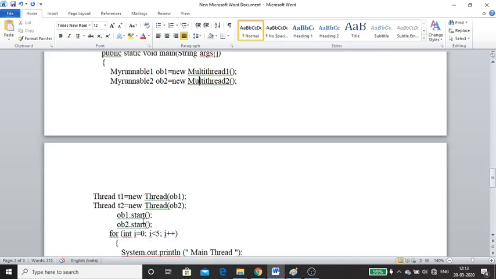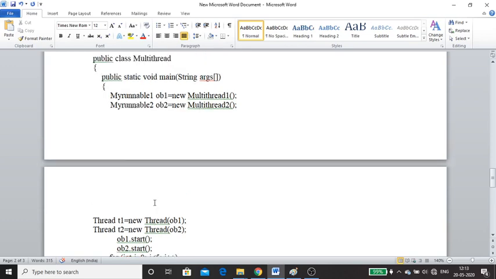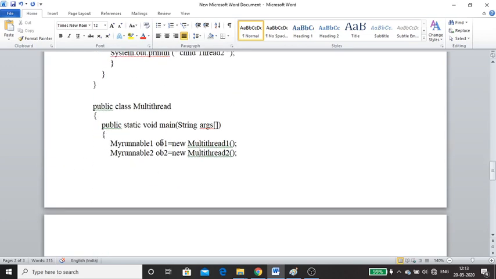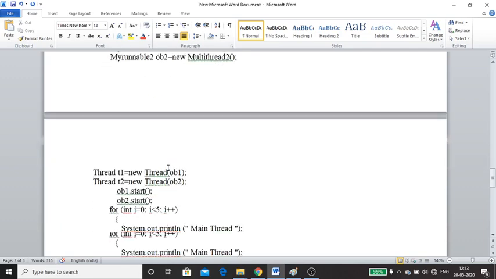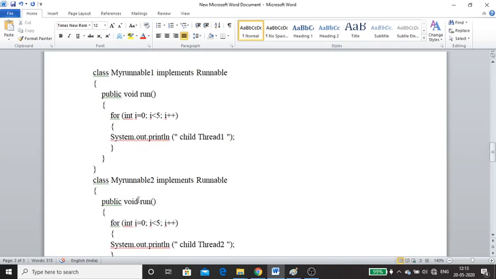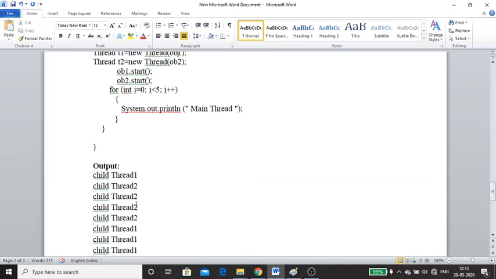But at the end, if you call run, I want this run to be executed. Therefore, we are establishing the link just by passing these two objects as a parameter for the Thread class. This ob1 and ob2 got passed here just to establish the link. So now it will call this run, and each time you'll get a different output.